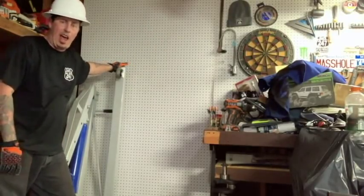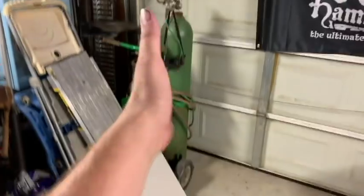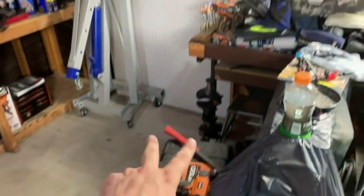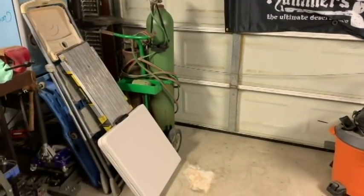But let me show you how much of it is in my way. Okay, so you guys didn't know, I had the cherry picker here, my engine stand here. I had 2 engines over here in the corner with the Craftsman toolbox, and I have my motorcycle right here. Now, if the motorcycle is down at the shop, it gives me all weekend to clear this whole mess up